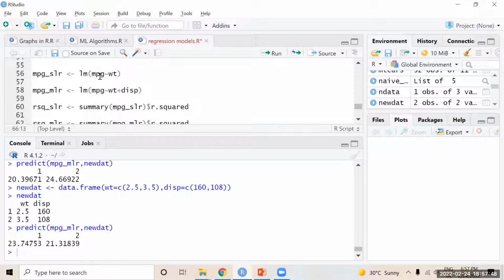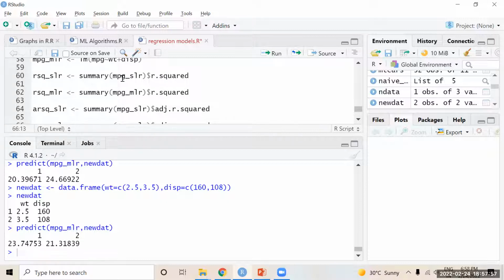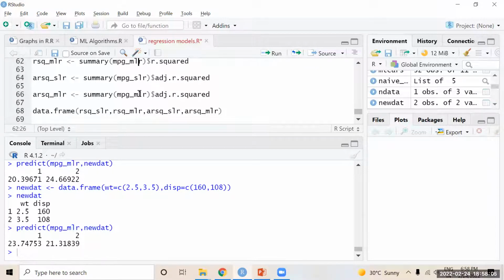So the first two commands create the simple linear regression model and the multiple linear regression model. The third command is used to find the R squared value of the first model and the R squared value of the second model, because R squared error will tell you which one is better. Adjusted R square is another measure which will decide whether your model is good or bad.